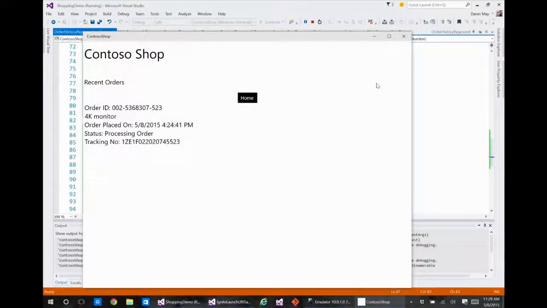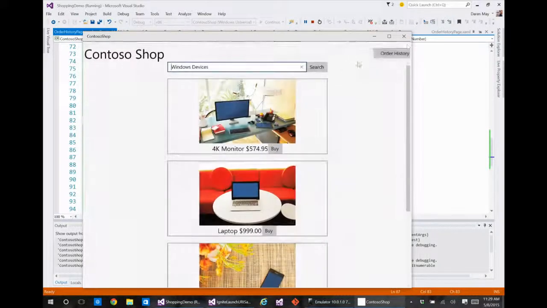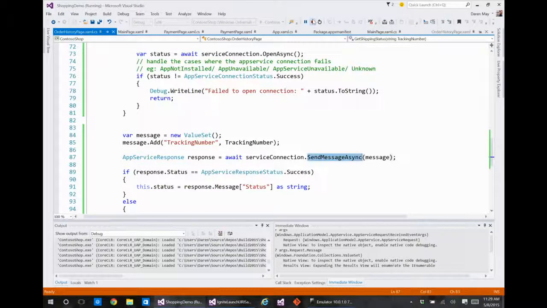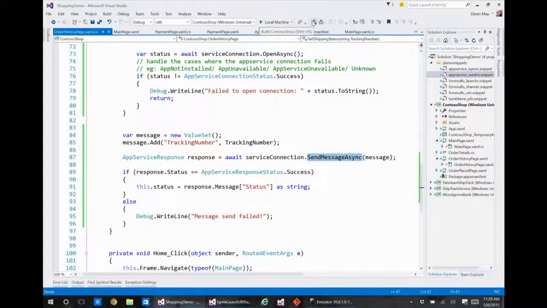So I click on order history. Now I see this is my status, and oh, it's only processing order. I'm not going to get a 4K monitor delivered to me. That's a shame. Okay, so that's the scenario. So this is pretty cool. You now have the ability to create these app services that you can deploy out in packages onto all your local machines that can now broker all of this interaction with your back-end capabilities. So you can divide up and conquer all of these various integration services and activities. And it gives you quite a granular way to manage these families of services. So that I think is pretty compelling.